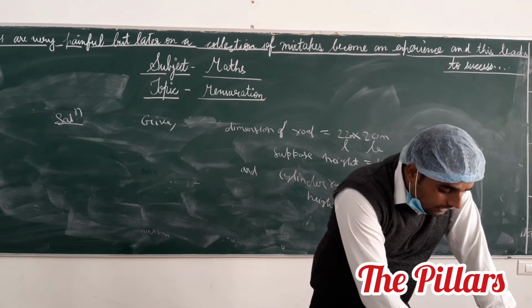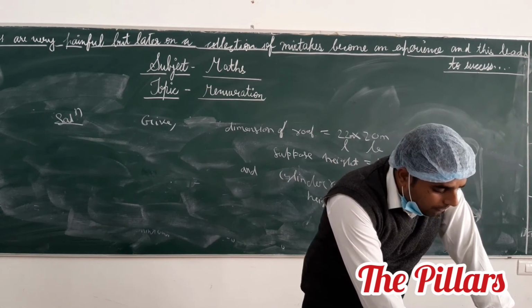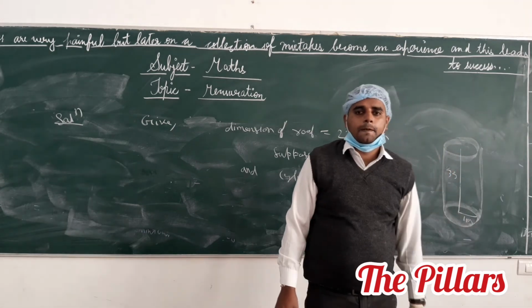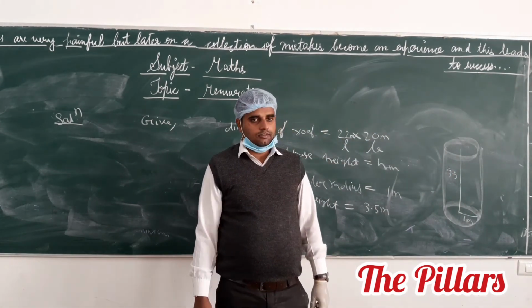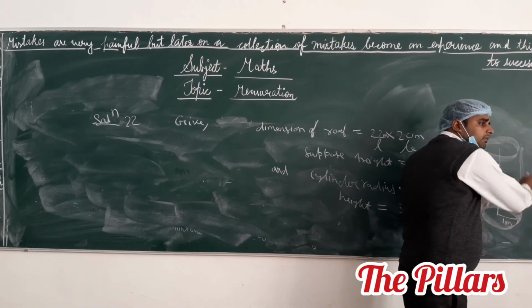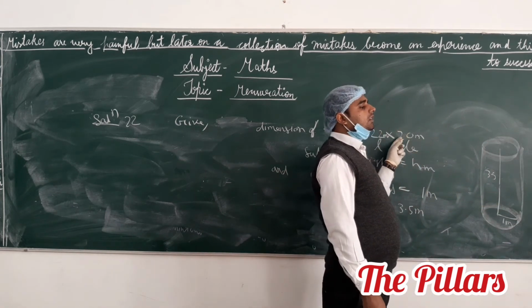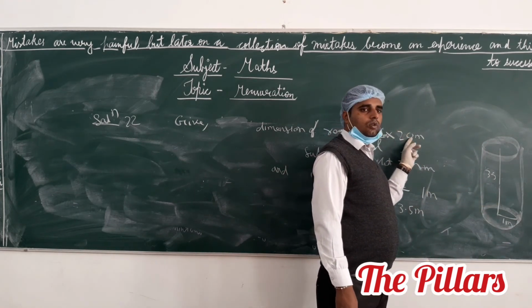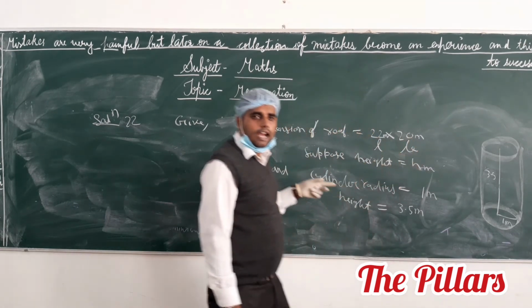The question says that if the rain water collected from the roof fills 4 by 5 of the cylinder, then 4 by 5 of this volume will be equal to the volume of the roof water, whose height is h and dimensions are given like that. Okay, according to the question,